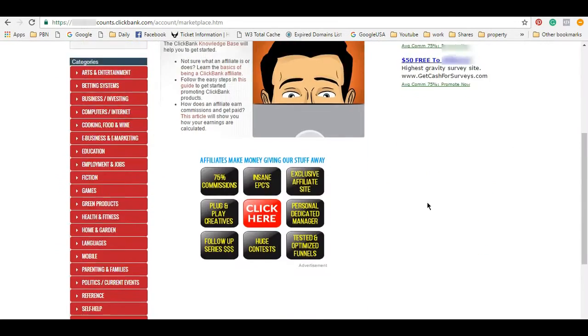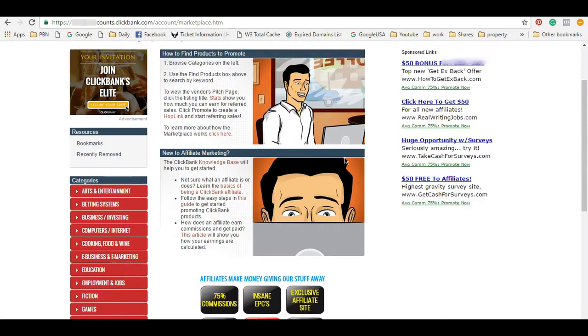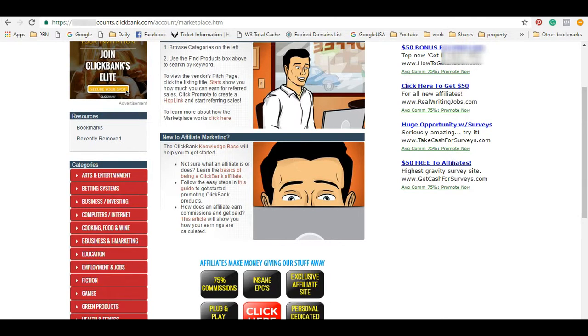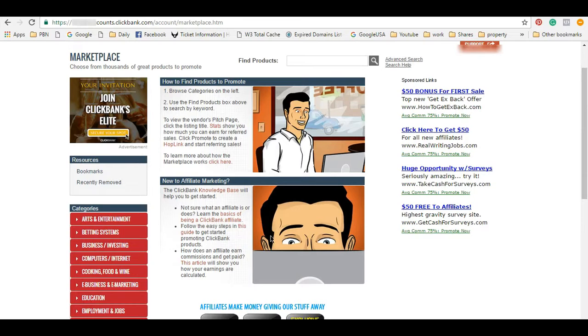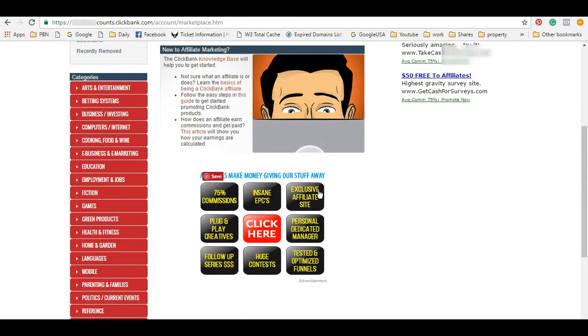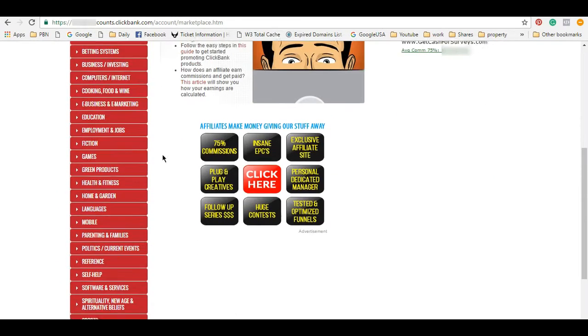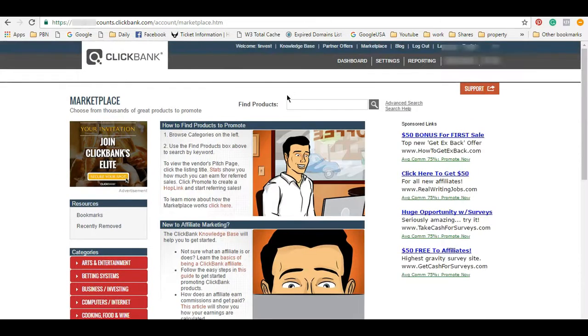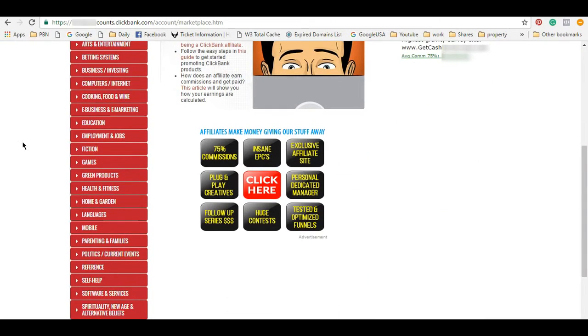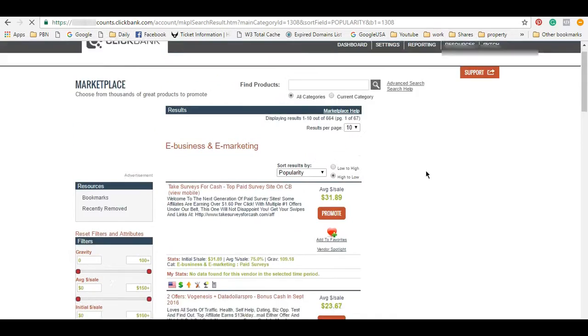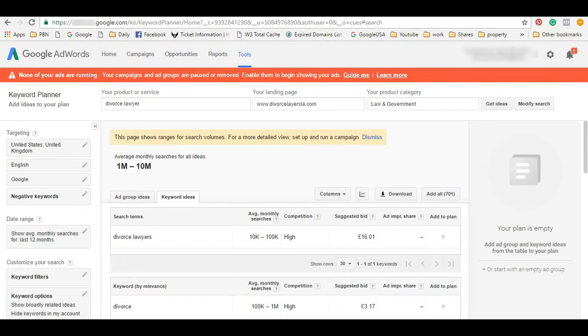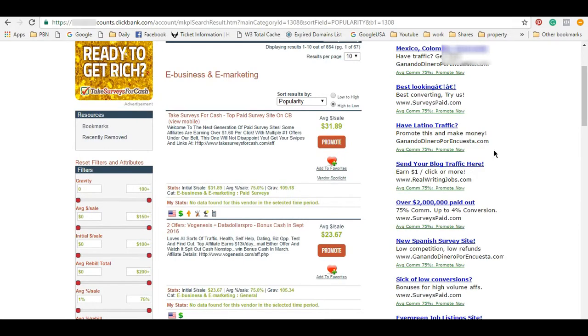So at the end of the day, you will make money, because once you've passed the lead through their funnel, you will make money. They'll basically take care of the funnel, and you'll make money that way, which is really good in that sense. So when you come into Marketplace, it's got all these bits and bobs down here. You can then start looking at things that you can sell. And again, if you're going to do ClickBank, come here first, have a look at some of the offers, and then go back to Keyword Planner, and then start mining for keywords and seeing what the competition's like.